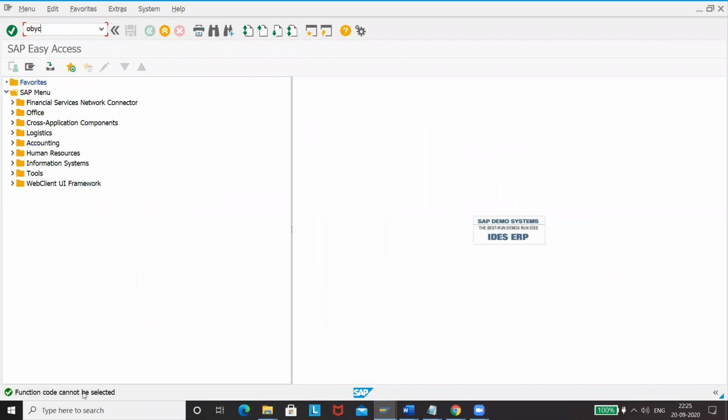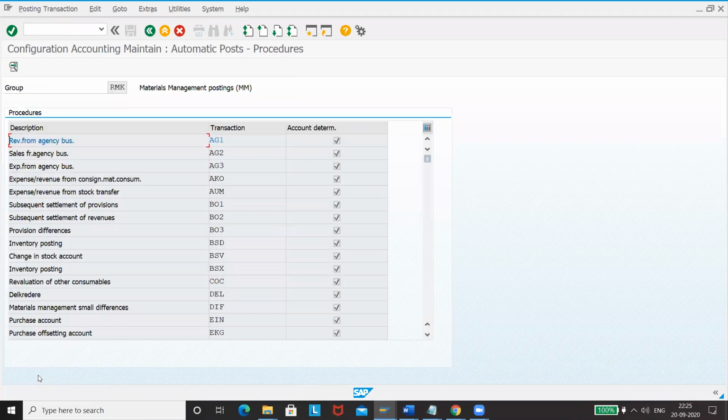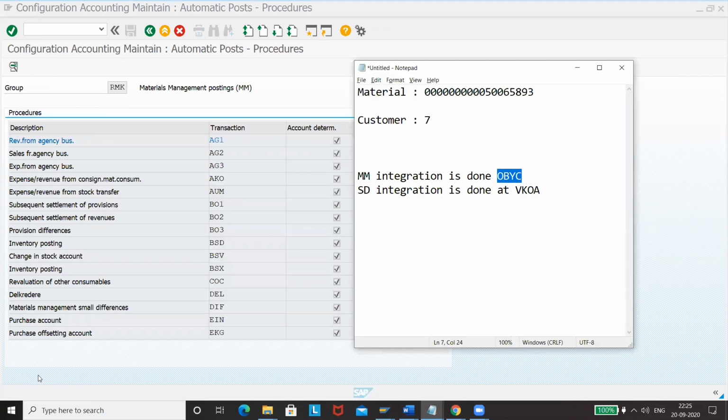OBYC. Please click on here. Here actually we'll be having 3 document keys, and they are BSX, WRX, and then GBB.